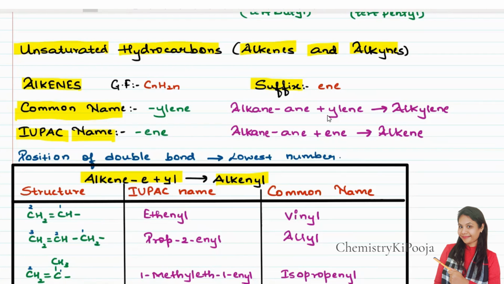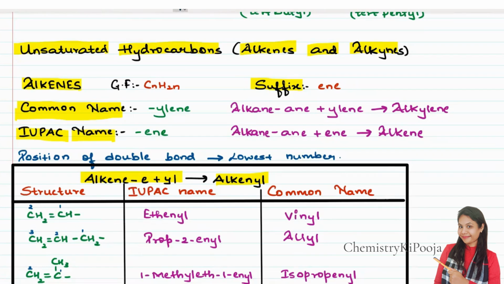Now, under unsaturated hydrocarbon, we have two groups, alkenes and alkynes. Now, when I talk about alkenes and alkynes, definitely we need to remember. The general formula for alkenes is CnH2n. Now, coming to the suffix for alkene, we write it down as ENE. Now, while writing the common name for alkenes, we are going to write it down